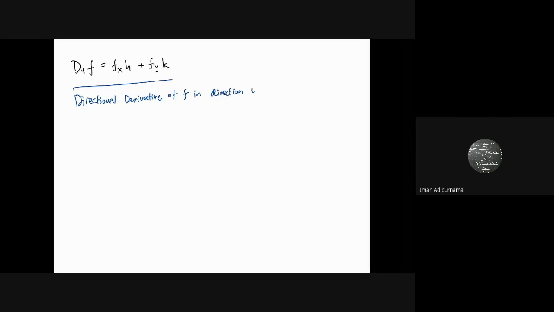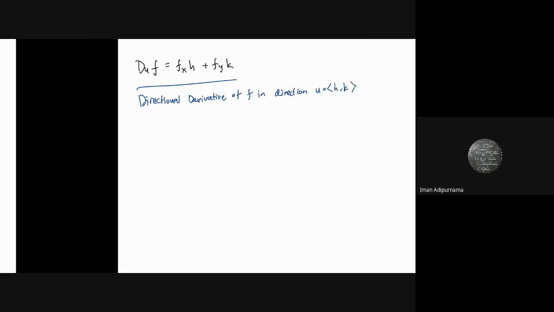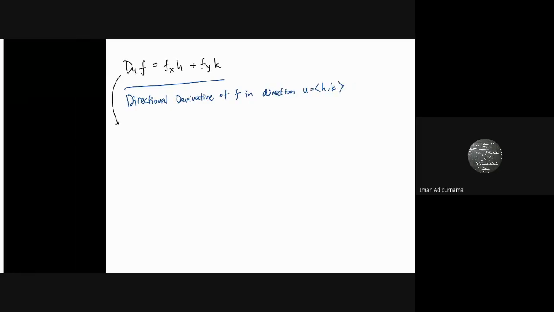So if you remember, let's take this as our directional derivative of f in direction, let's say the vector is h and k in x-axis and y-axis. So we get these terms, okay? And then